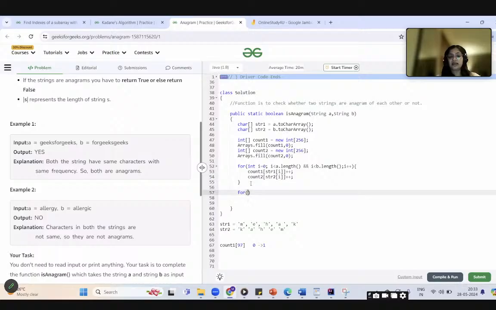Now I have to traverse through the count array, that is, check whether the counts are the same or not.